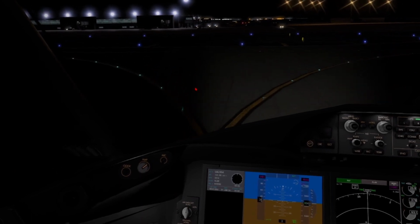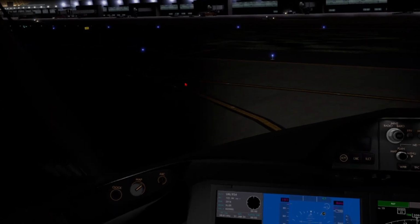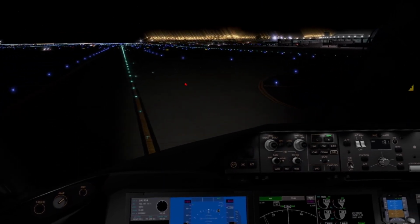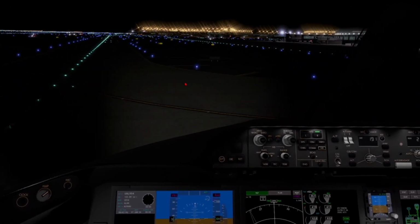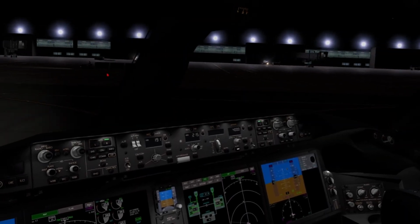Turn left Yankee. We're going to turn left Victor, right Victor 5, which is right there. And the gate's going to be like the first gate on the left. So the gate's going to be...